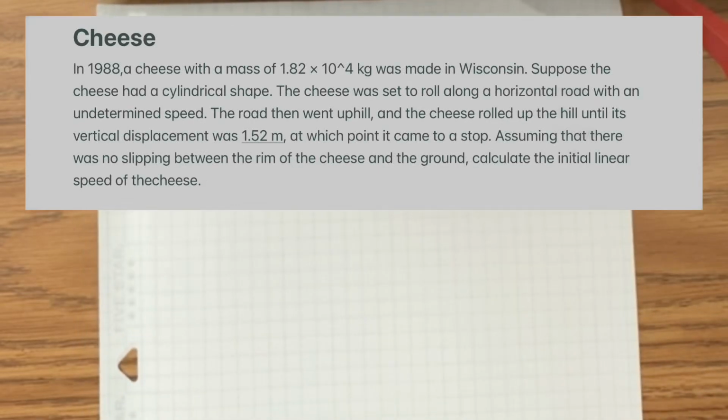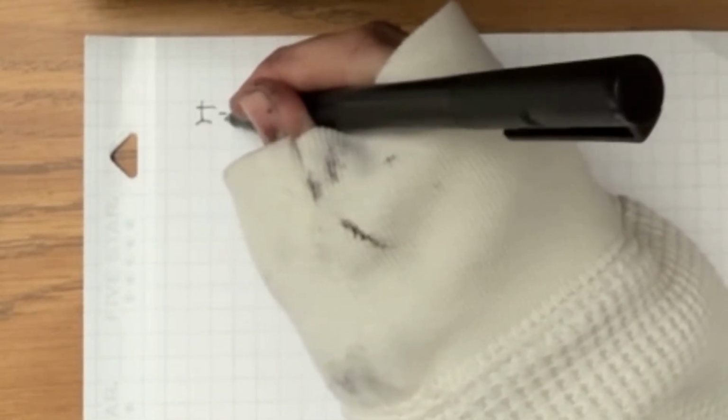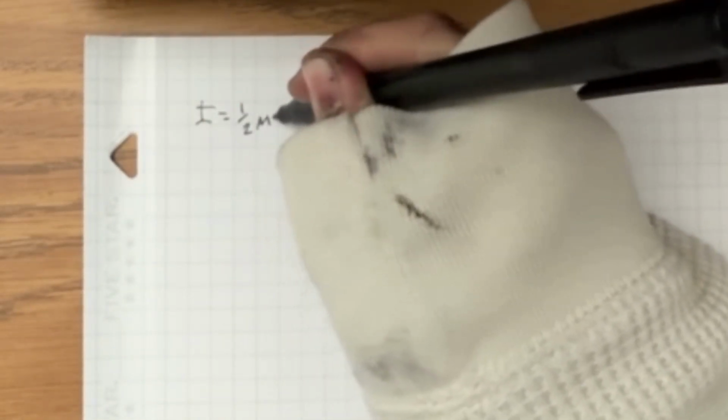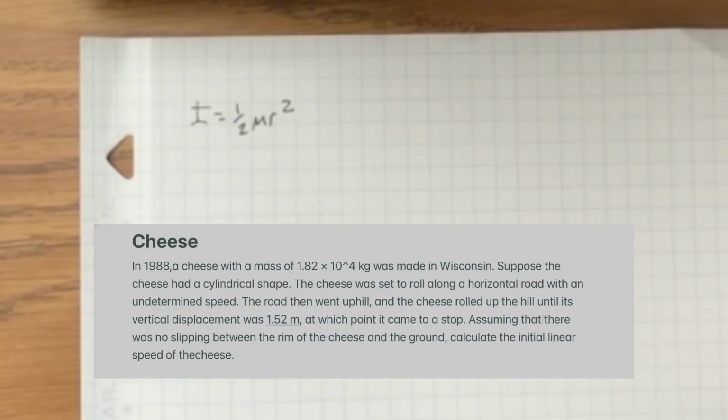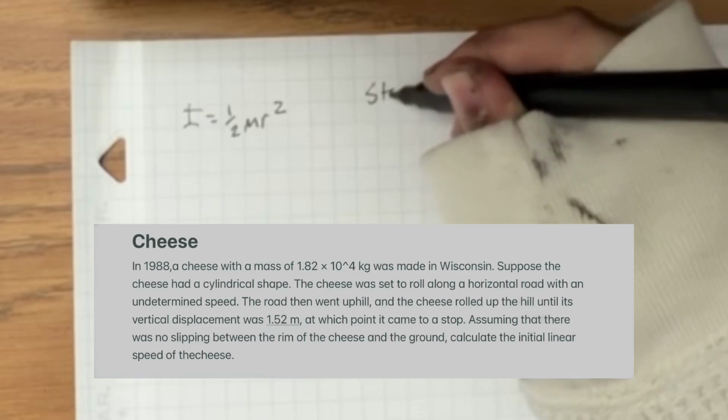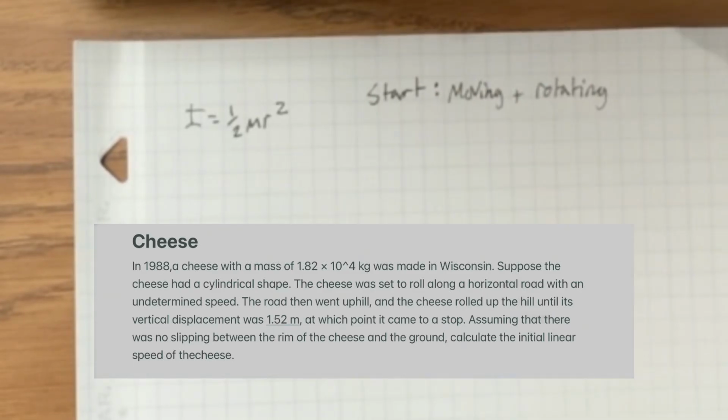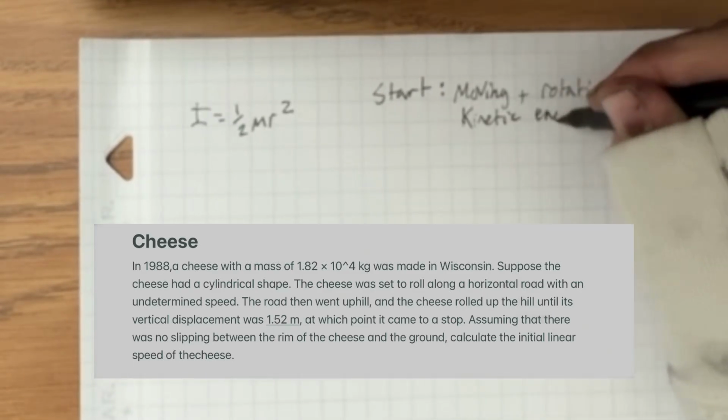So to start things off, we notice that the cheese has a cylindrical shape. We know the moment of inertia for a cylindrical shape, which is I equals 1/2 mr squared. We also know that the cheese is rolling, so there's going to be both translational and rotational